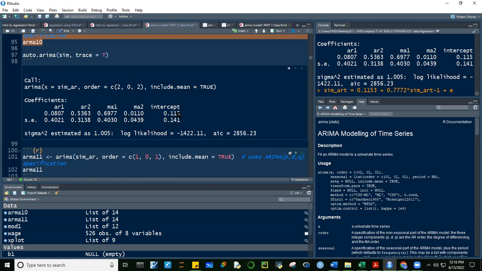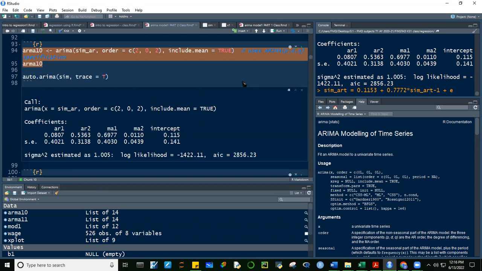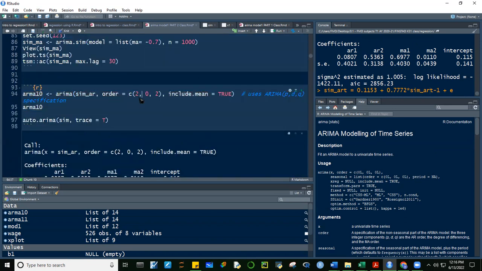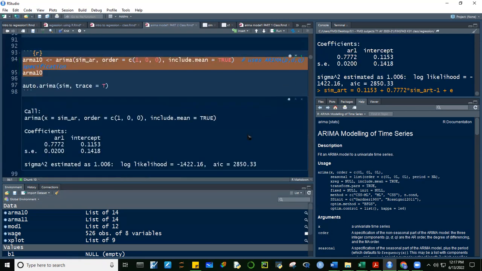So mas maganda yung 100 because of parsimonious yung model. Hindi naman ibig sabihin na mas marami tayong linalagay na predictors as mas okay na, di ba? Okay, so let me go back to 1 here. 100 and then i-run ko ulit to. 2856 yung kanina, ito 2850 lang, no? So it turns out mas maganda yung AR1 process lang.